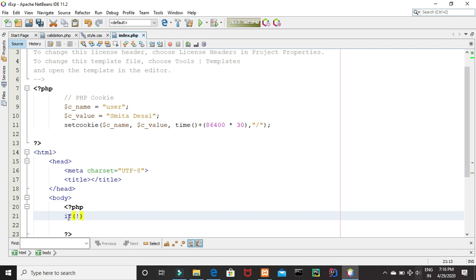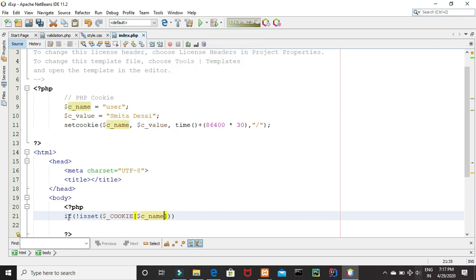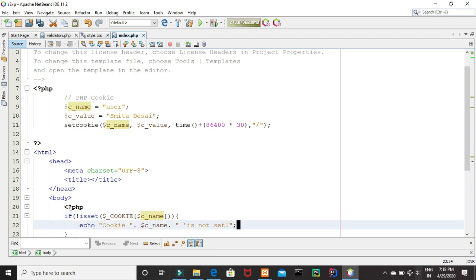We'll say if not isset, we'll use the global variable cookie. Whatever is the name of the cookie in our program, it is user and the variable name is cname. So if not isset cookie, the name of the cookie, that is the variable, and the value stored in this is user, we are going to echo the message saying that cookie user is not set.